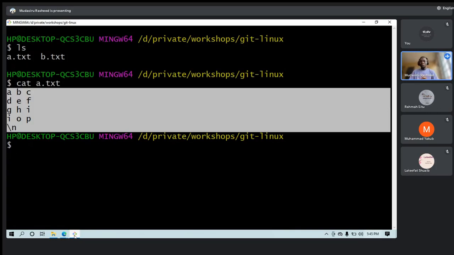Now let's assume the admin is not available and you want to delegate that permission to somebody. You would be like, okay, Rashid, I want you to be an admin here, and for you to be an admin, maybe you should come and log into my account, and my password is this.